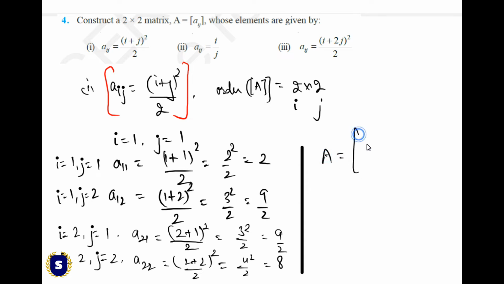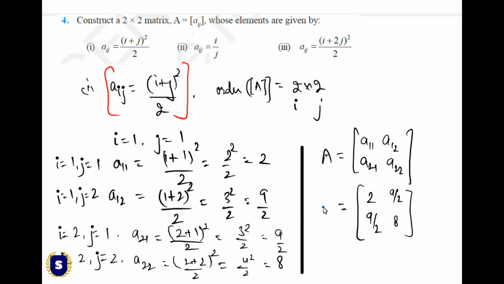Okay. So the matrix will become A is equal to, the matrix was A11, A12, A21, A22, right? So it will become A11 is 2, A12 is 9 by 2, then A21 is also 9 by 2, and A22 is 8. So this is the required matrix for the first part, wherein Aij is given by this formula, right? So let us do it for the next formula,